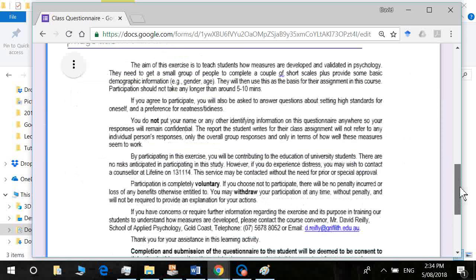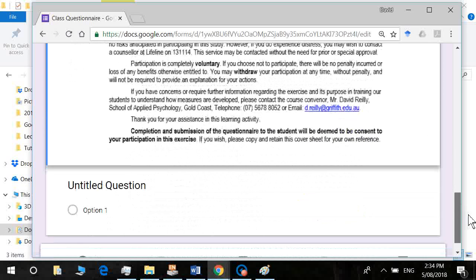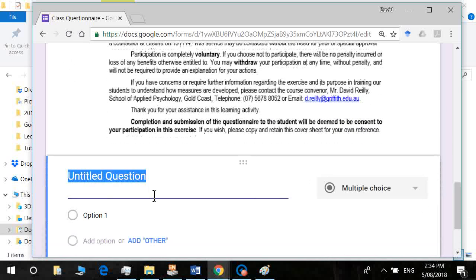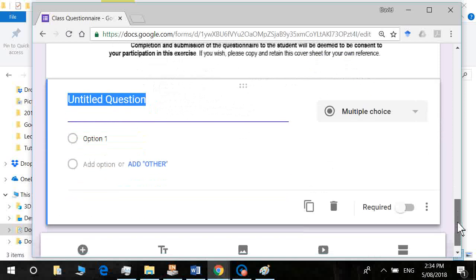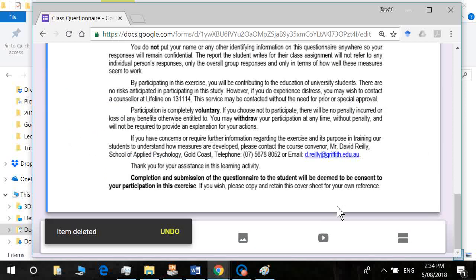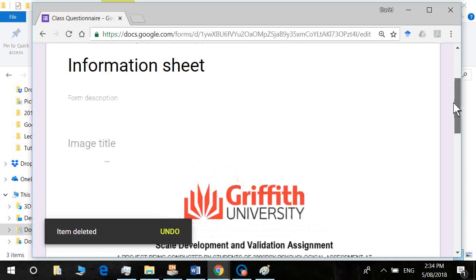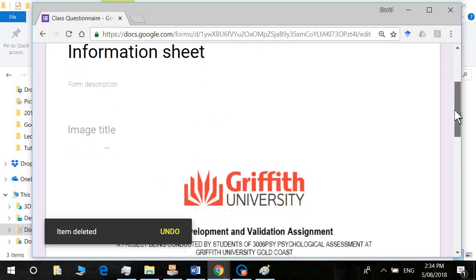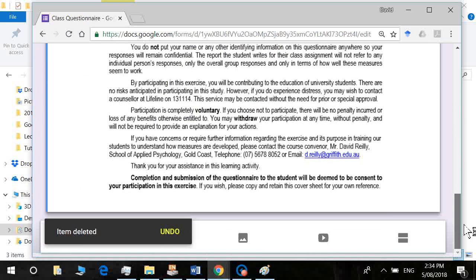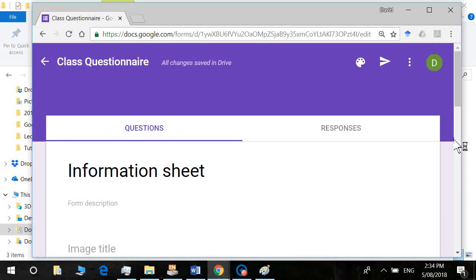Alright, so that's looking good. Now I'm actually going to delete this question here. The reason why is on the information sheet you want to just present the informed consent, and that's all. So what I want to do